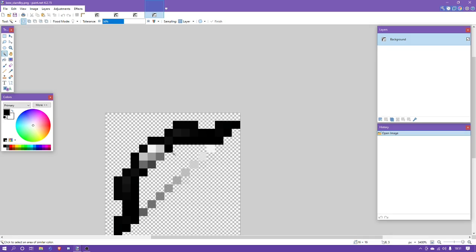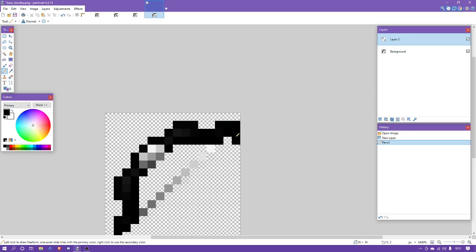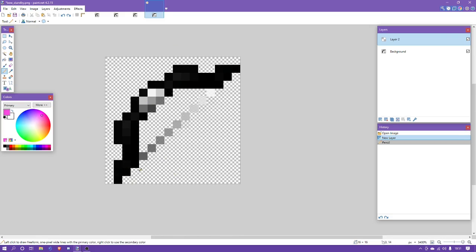Now bows are fairly simple things because they're not too difficult to retexture. When you look at the shape of it, it's basically just a semicircle with a line going straight through it, so I'm pretty sure you'll get this pretty easy. What I like to do when I'm editing the pack is look at it and mark roughly where the string is